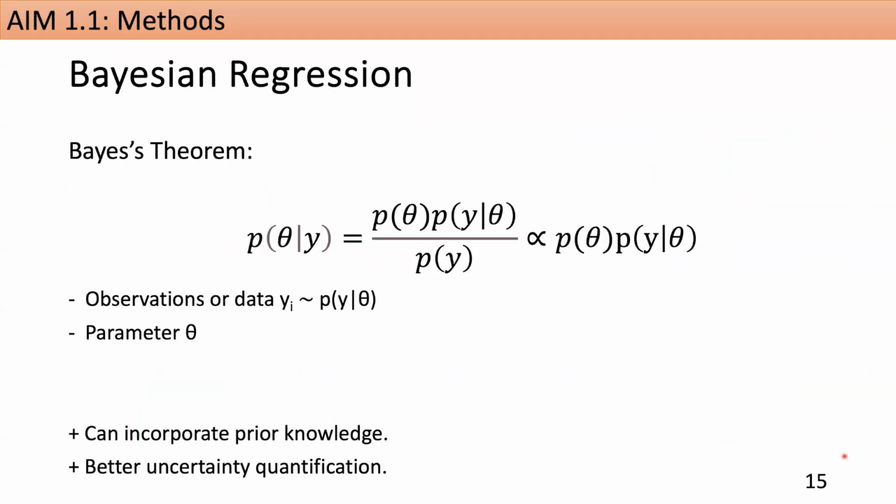So the Bayesian regression, briefly, is based on Bayes' theorem, and it talks about the probability of parameters given a set of data. That's probability of parameters given these observations being proportional to the prior probability of the parameter times the likelihood of observing the data given the parameters. The advantage of this approach is that you can incorporate knowledge about the parameters, for example, from other experiments, into